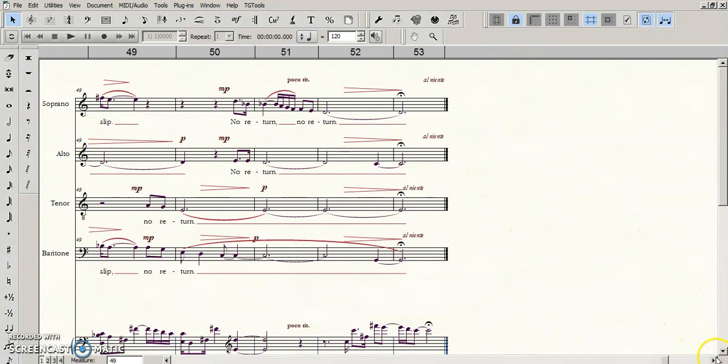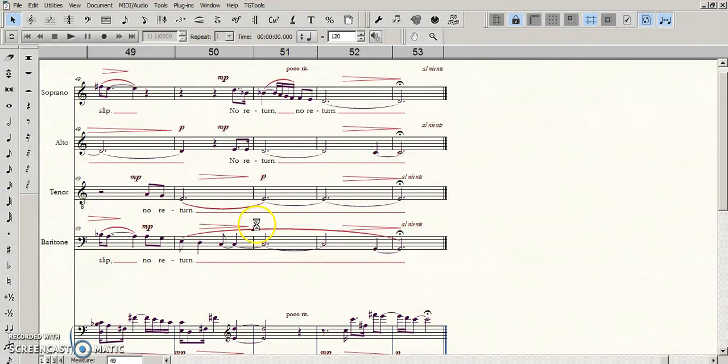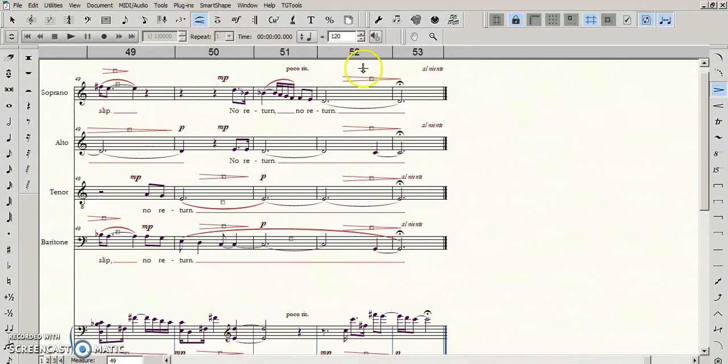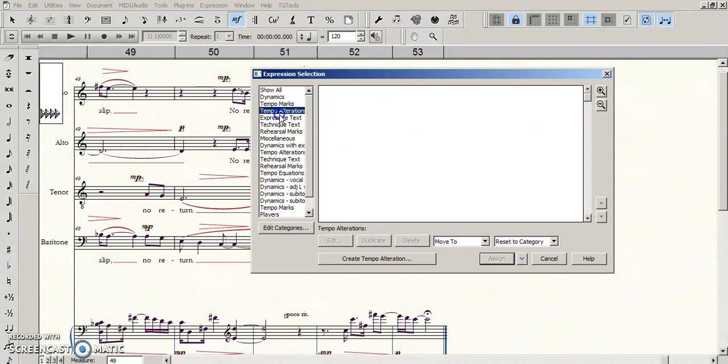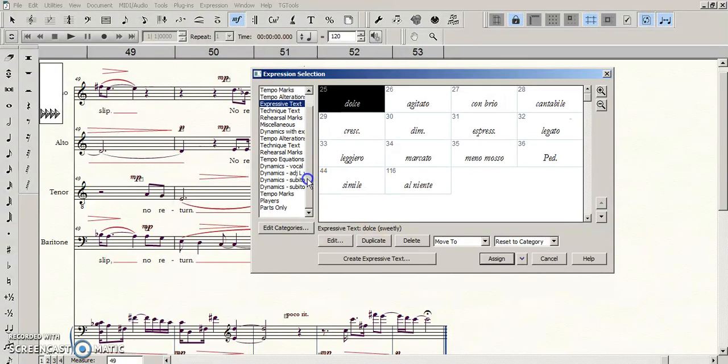Here, at the very end, I think instead of a hairpin and then al niente, we should do something else. I normally go for hairpins. The client uses lots of hairpins, whatever. I think though that this would be better served by just a dim al niente. Now, if I really wanted to be perfect about this,